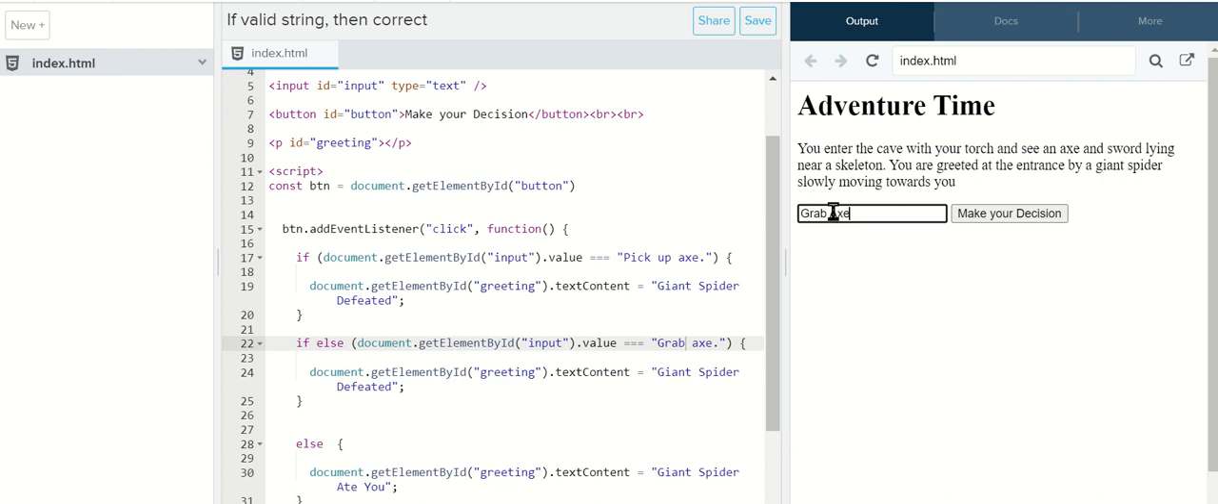Oops, see, I didn't use proper sentence structure. As you can see, I screwed it up. I always get this confused. It's else if. I always mess that up. So let's see, grab